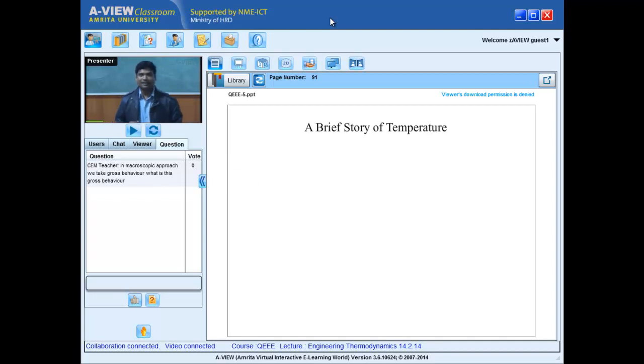Okay, in the next class we'll see temperature. One of the beautiful, powerful macroscopic concepts, but totally pseudo, only because of our senses, but it does wonders. Temperature is such a concept which is totally based on human senses. A highly gross behavior of so many atoms, but a very powerful way. Our entire day-to-day life works only because of temperature. I'll continue next class. A beautiful story of temperature, the best way to quantify the behavior of a system.